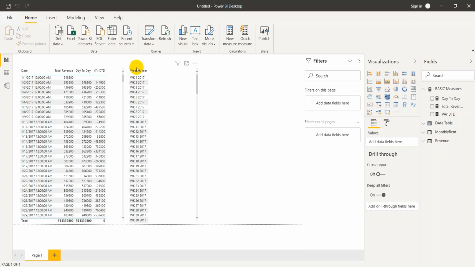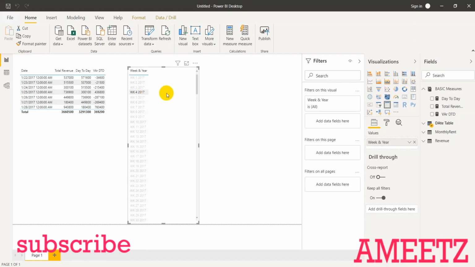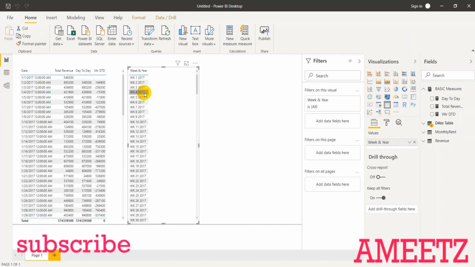If you look at this table, these are week numbers and week numbers along with the years. At each selected week number, that means week 4, my previous week is week 3. If I subtract 1 from week 4, I'll get week 3, and along with that, if I use the logic, the current year has to be 2017, the selected year should be 2017, then I will be able to get the value. But for subtraction, I need to create a numeric week number. Currently my date table doesn't contain that.